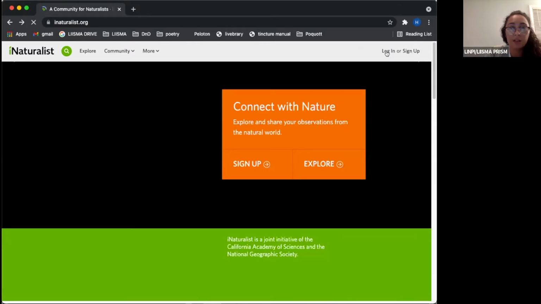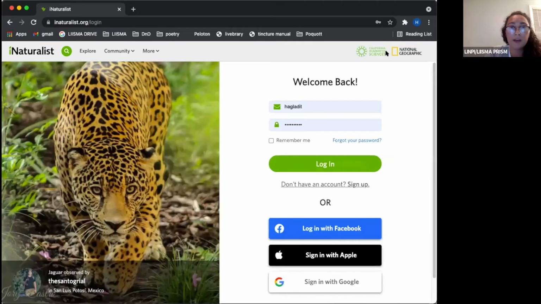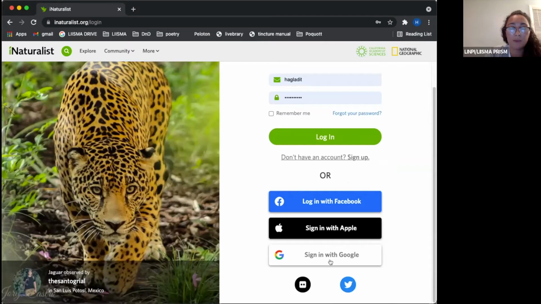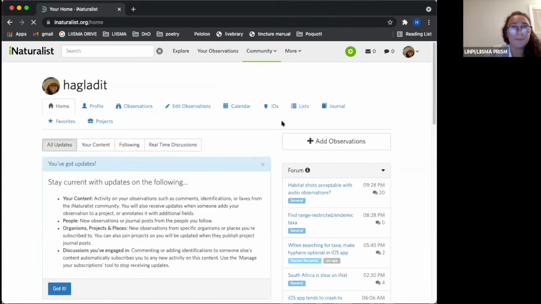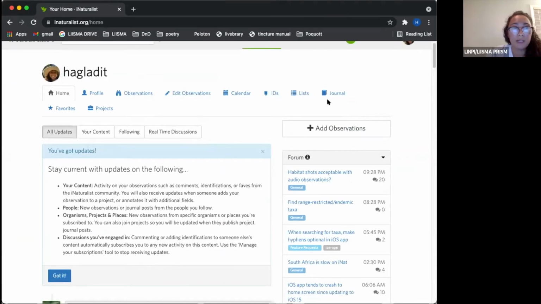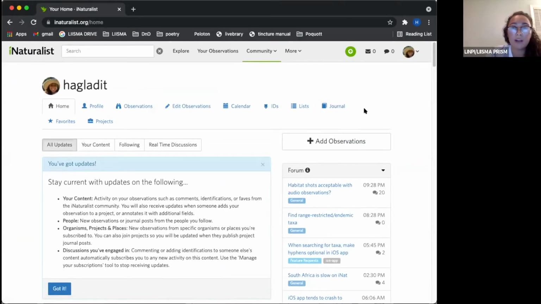Create your account. I'm just going to log in though. With my account, it's already logged in. You can use Facebook, Apple, Google, all the good things. Log in, and it brings you to this page, this big white page, where if you want,